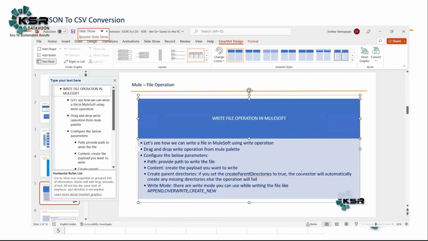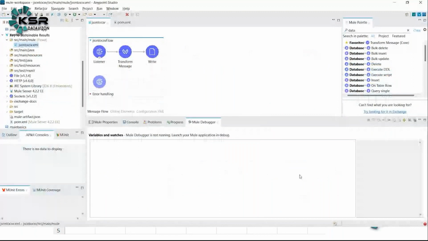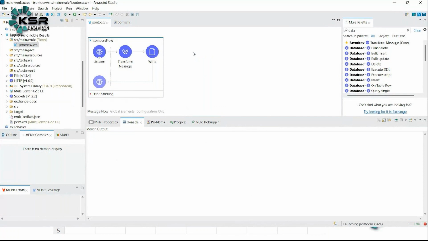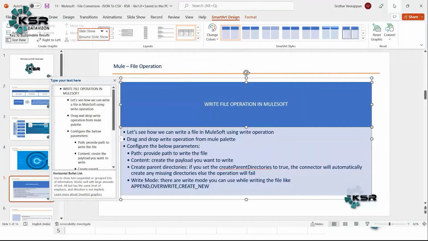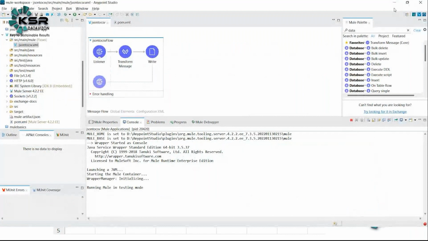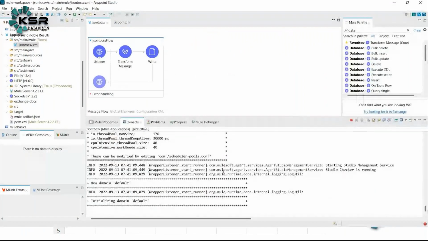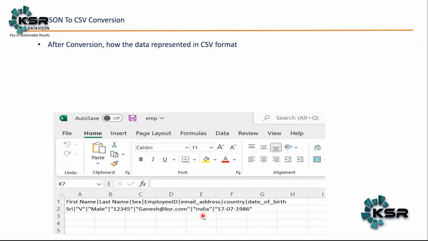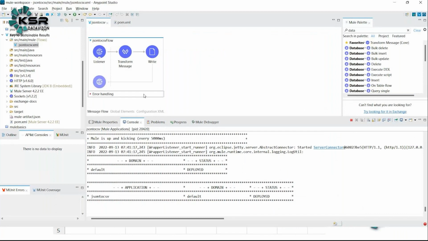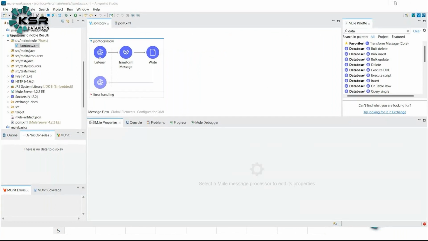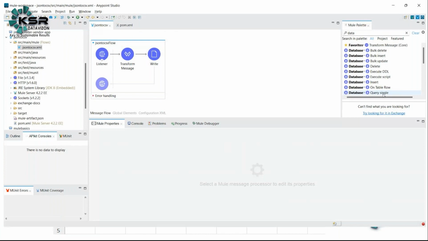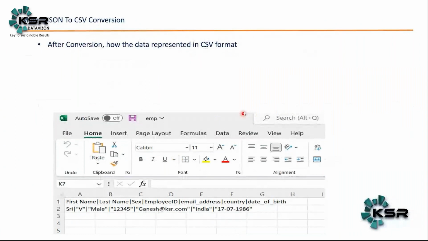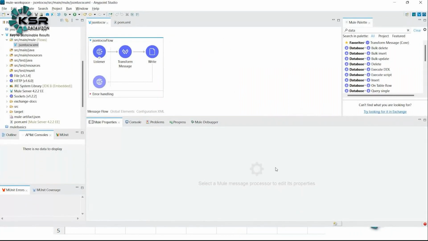where is my, so this is my Mule, right? So what I'm going to do, I'm going to run this. So here, sorry guys, I'm just, so it is running here. So here in output, I don't have any such file, right? So I'm going to call my Postman to call my URL,